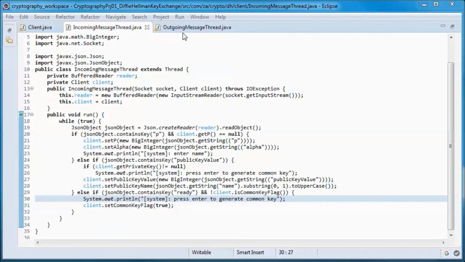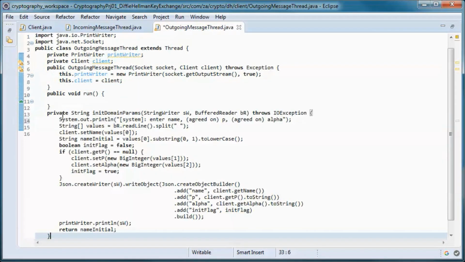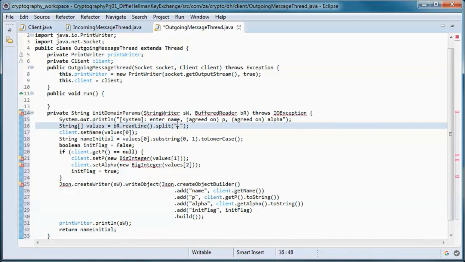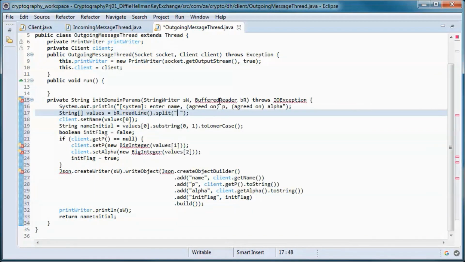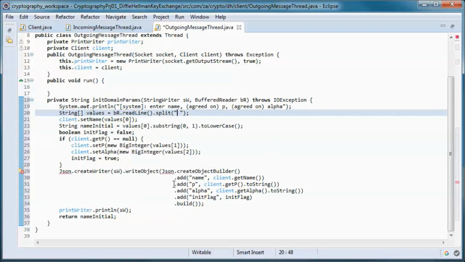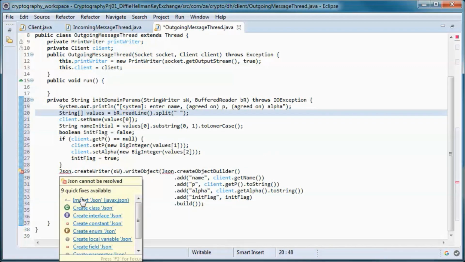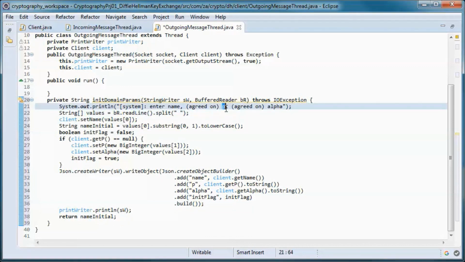And in the outgoing message thread class, this method initializes domain parameters, P and alpha.